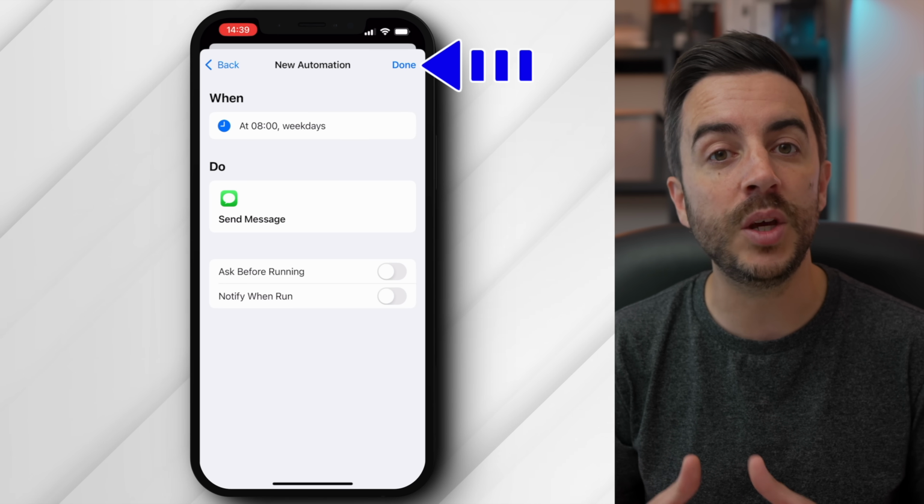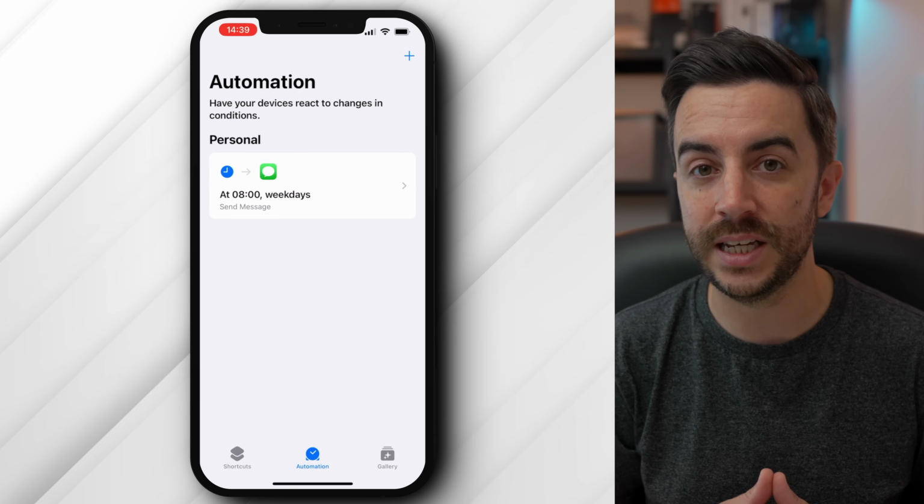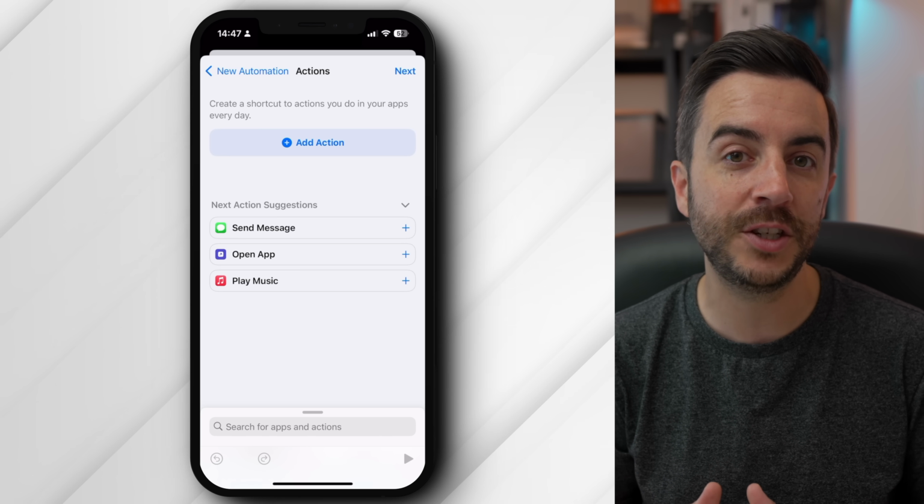I'm going to tap Done and the automation is created. I've tested it, it works a treat, and will send out each day. Oh, and just to show you, if you want to use an alternative app other than iMessage, follow the first